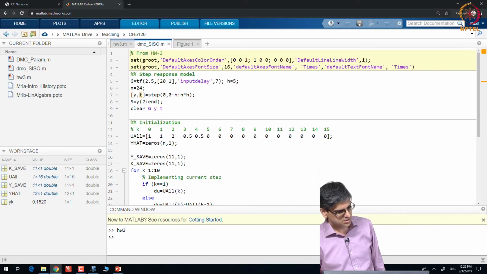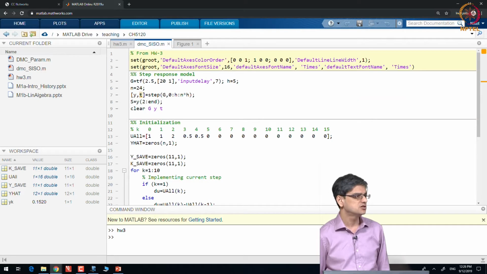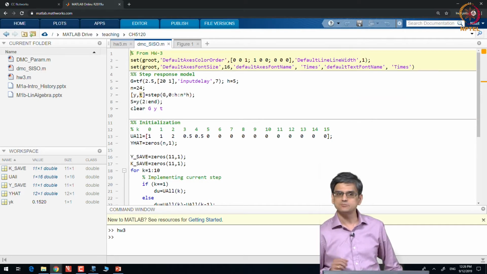between this and this is the model. So, n is changed and g is changed. Instead of giving you the step response coefficients, I am just calculating the step response coefficients from the model. Now, where am I getting this model from?